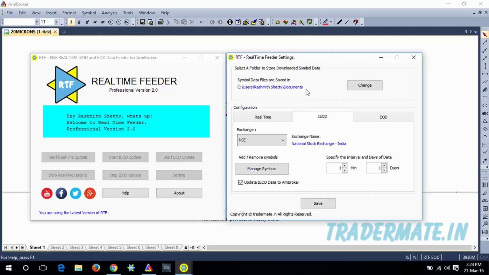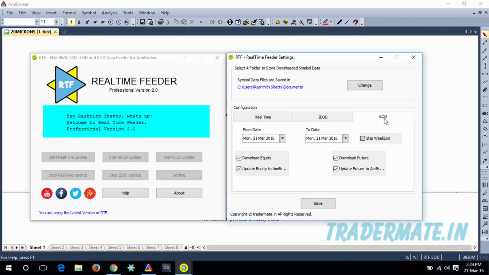Now we're going to go for the EOD settings, and here in the configuration panel you need to select the EOD tab, and first select the from date. This from date is the date from which the real-time feeder is going to start downloading the EOD data. Also remember, our real-time feeder can be used to get as much data as is provided by the NSE.